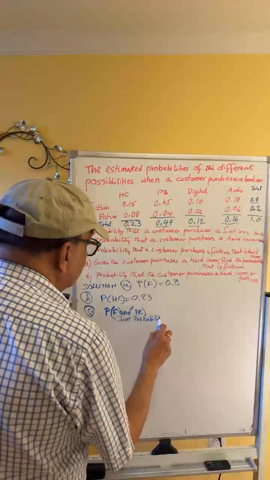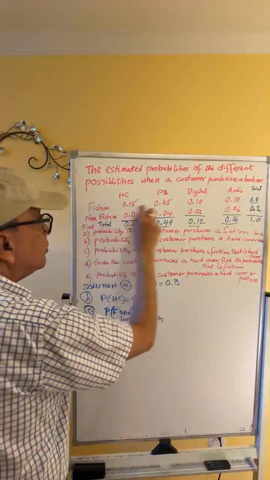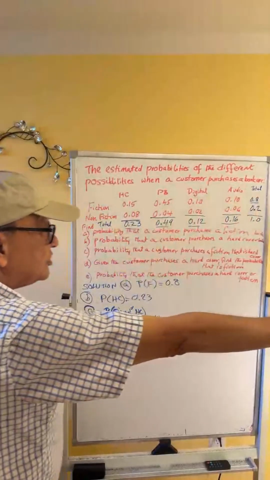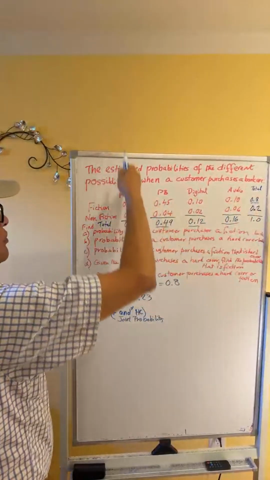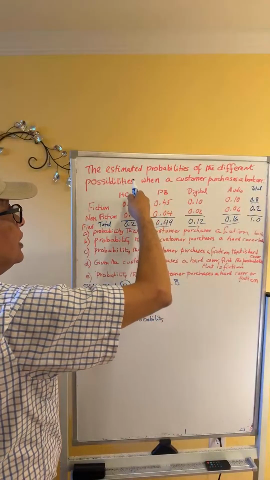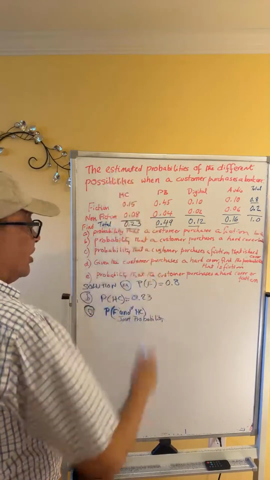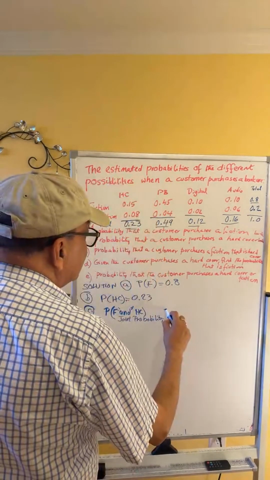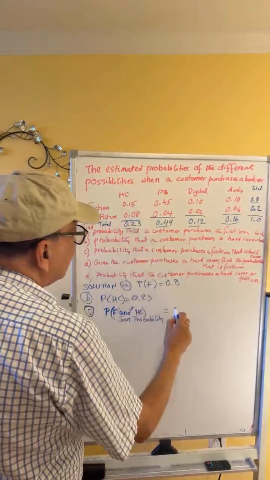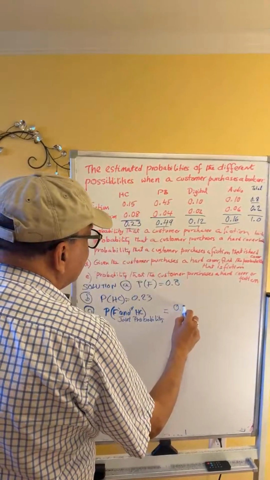So what did I do? I draw a horizontal line through the fiction row and a vertical line through hardcover, and they intersect at 0.15. So that probability, the intersection probability, is 0.15 divided